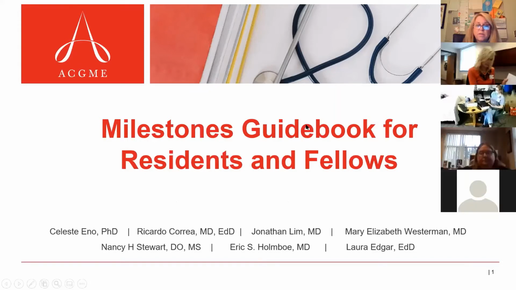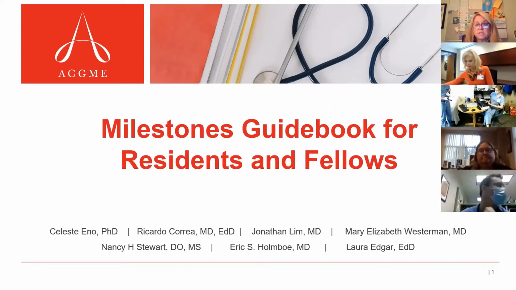And so the main thing that we do is meet at least twice a year to go over everyone's progress as residents. And the ACGME puts out information for us to be able to assess that progress. So this presentation was in large part done by the ACGME, and we're going to go through some of this quickly with you so that you have some framework by which we understand and do these assessments